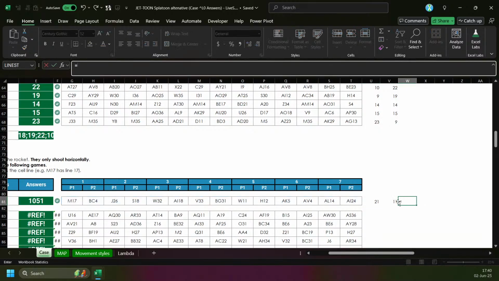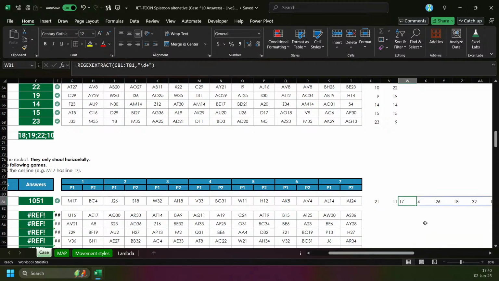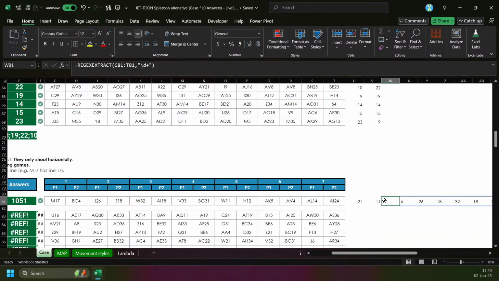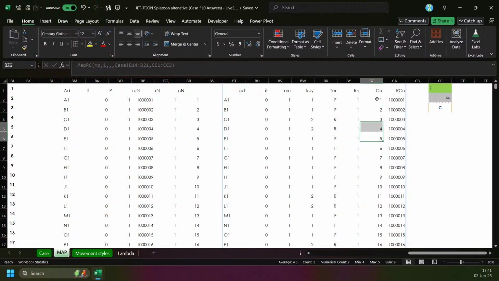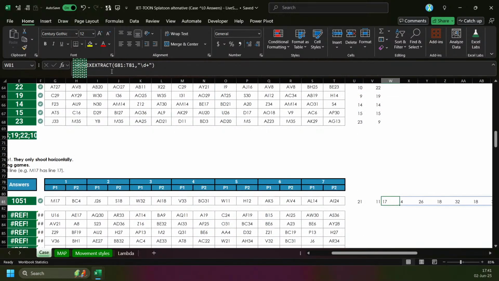The score will be on that row, which we need the row number. So the row number will be REGEXEXTRACT of this by number. This is a row number. And then since this one is a row, I can go like filter out equal to row. I can use SUMIF. So